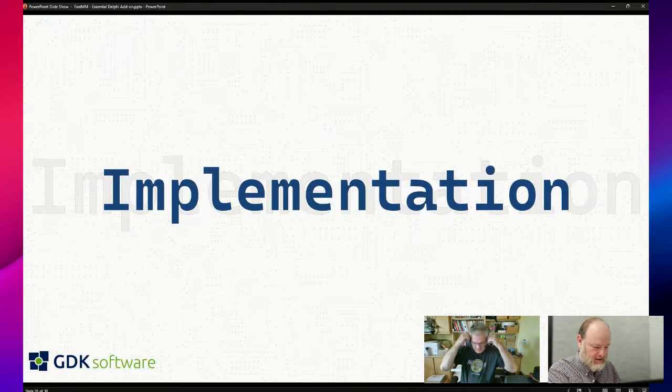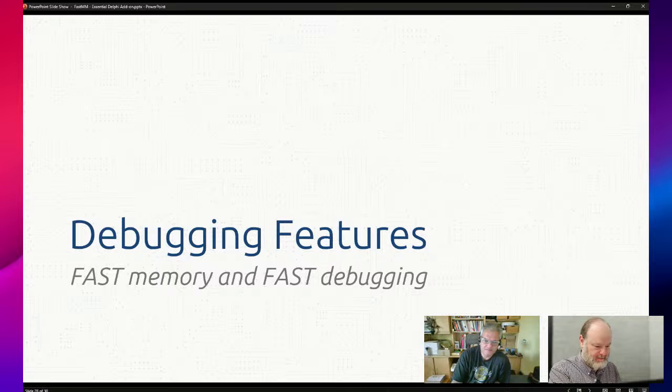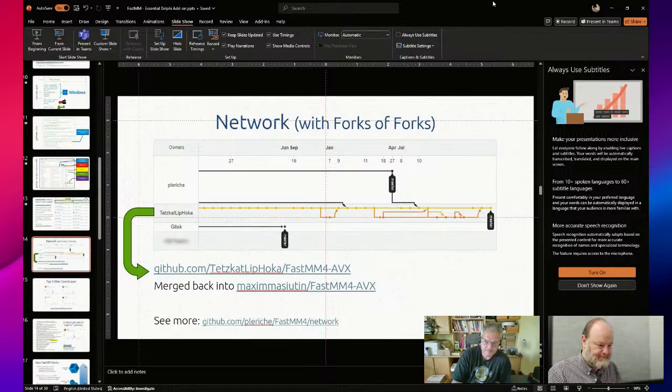Now let's take a look at one of the demos. It's kind of cool: the usage tracker. Let me fire up the IDE.